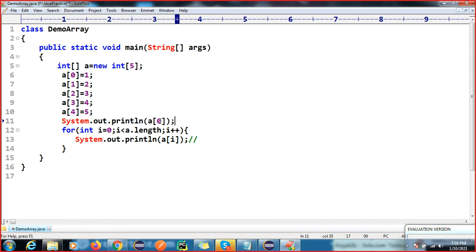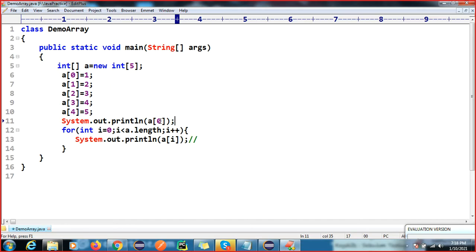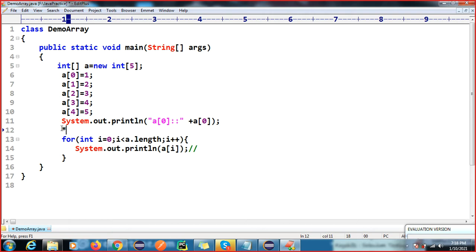Okay, so I want to tell you one more thing here. Now I'm just going to comment this out. Then I will tell you why we use the for loop in real time.